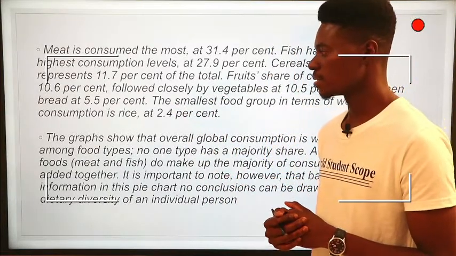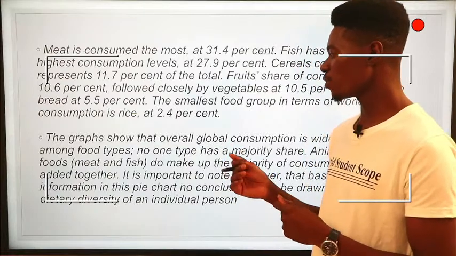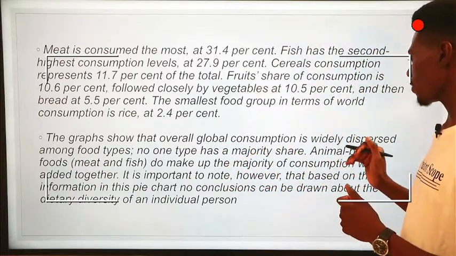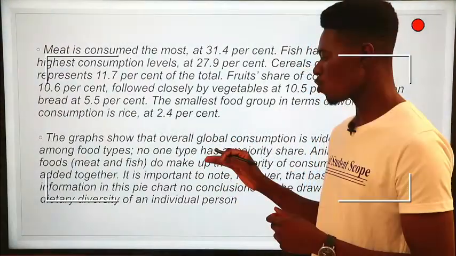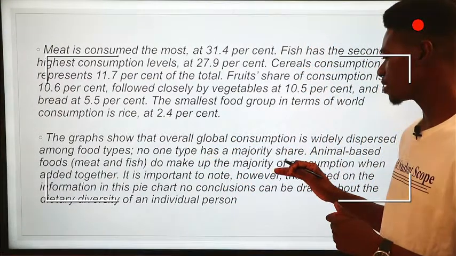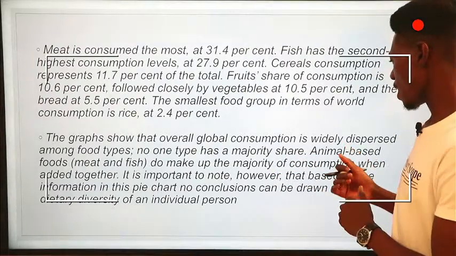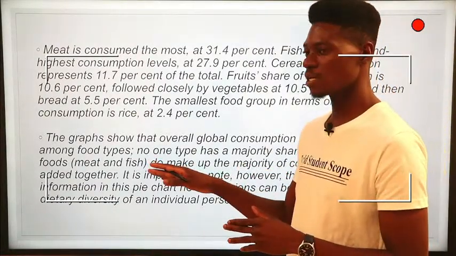Next, the graph shows the overall global consumption is widely dispersed among food types. No one type has a majority share. Animal-based foods, that is meat and fish,